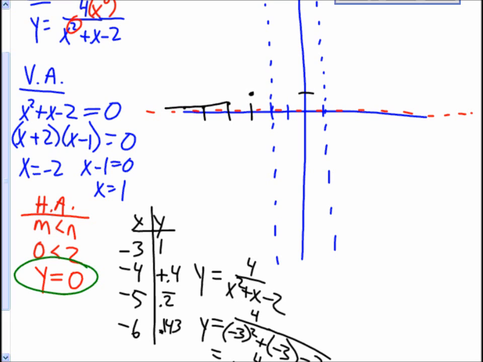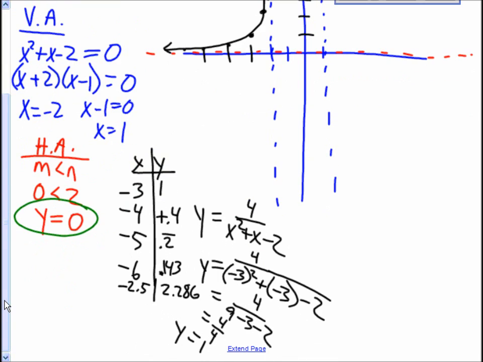You can kind of see the behavior of that thing, right? Of course, a vertical asymptote means as you approach that -2 value, it's either going to shoot up to positive infinity or maybe it shoots down. But you can plug in -2.5 if you cared to, and you'd get 2.286. So I'm up here at -2.286, right there. Okay, enough points there that you get a feel for what it's doing to the left